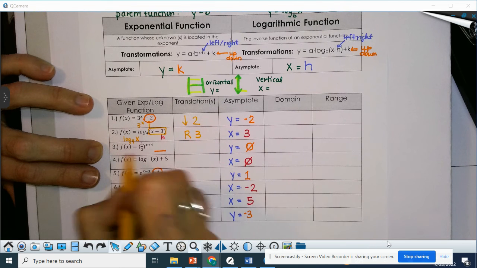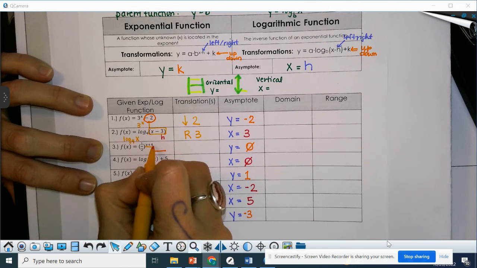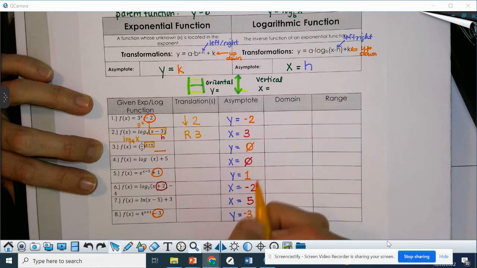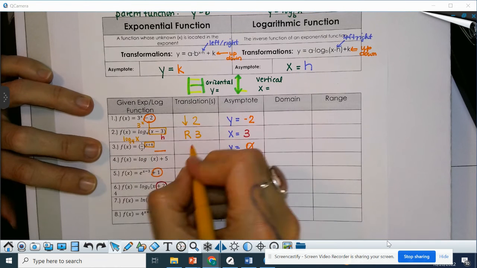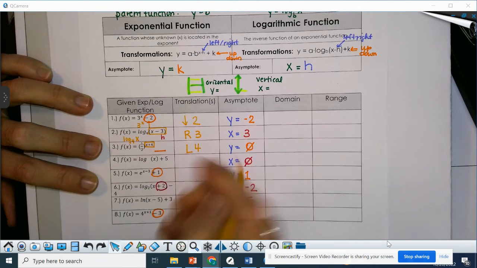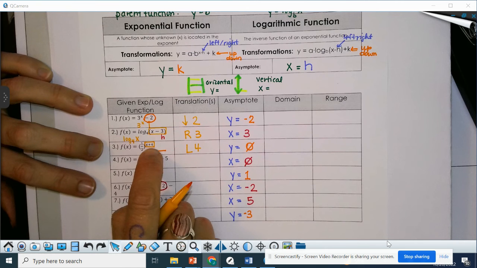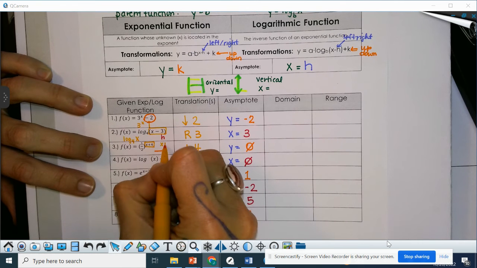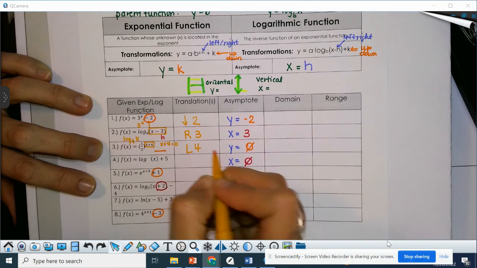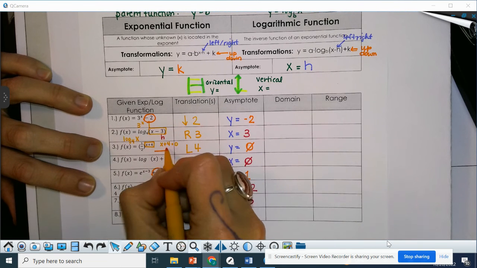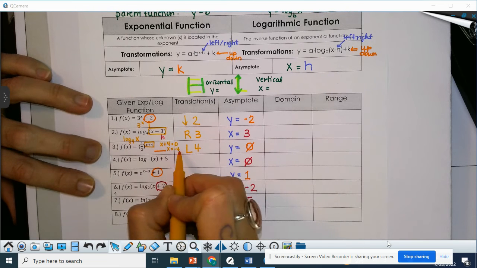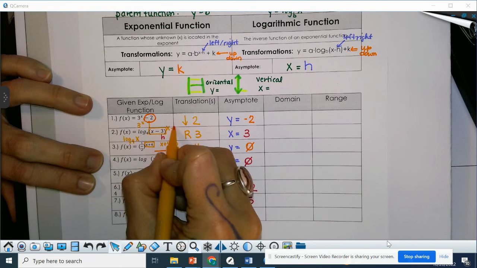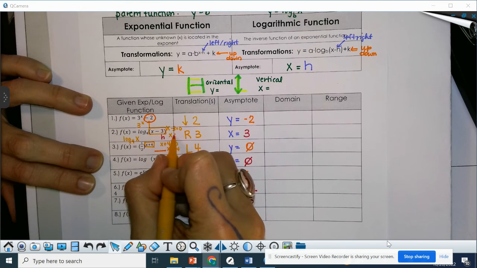Then for number 3, we're back to exponential. This is another h value because it's with the x, but it's a plus, which means a negative 4 was in there. So we're actually going to go left 4 because minus 4 was what was plugged in. The other way you can think about that is as if you solved it. It would be x equals negative 4, and that'll let you move to the left 4, that minus there. And then if I did x minus 3 equals 0, that would be an x equals positive 3, which is